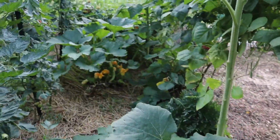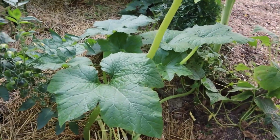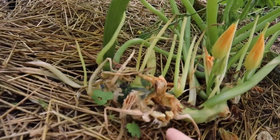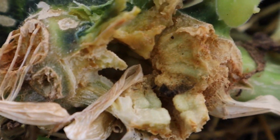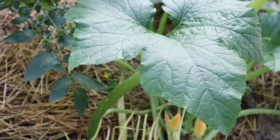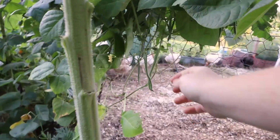Beans look awesome. Summer squash is about to die. Oh, I can show you the vine borer, or what it looks like. Yuck. This is what it looks like when the vine borer has been through. Gross. There are things you can do, I'm just not willing to do it. I'm just going to plant more sunflowers and more beans. Speaking of beans,